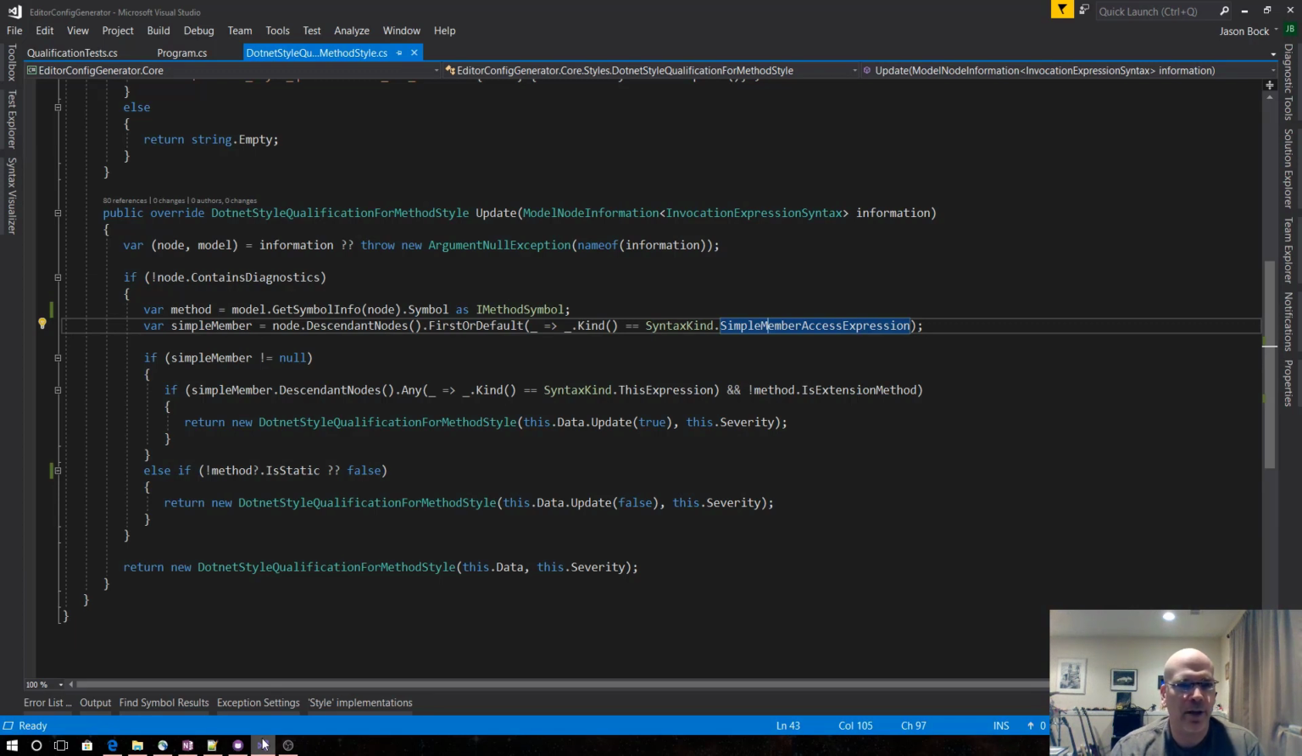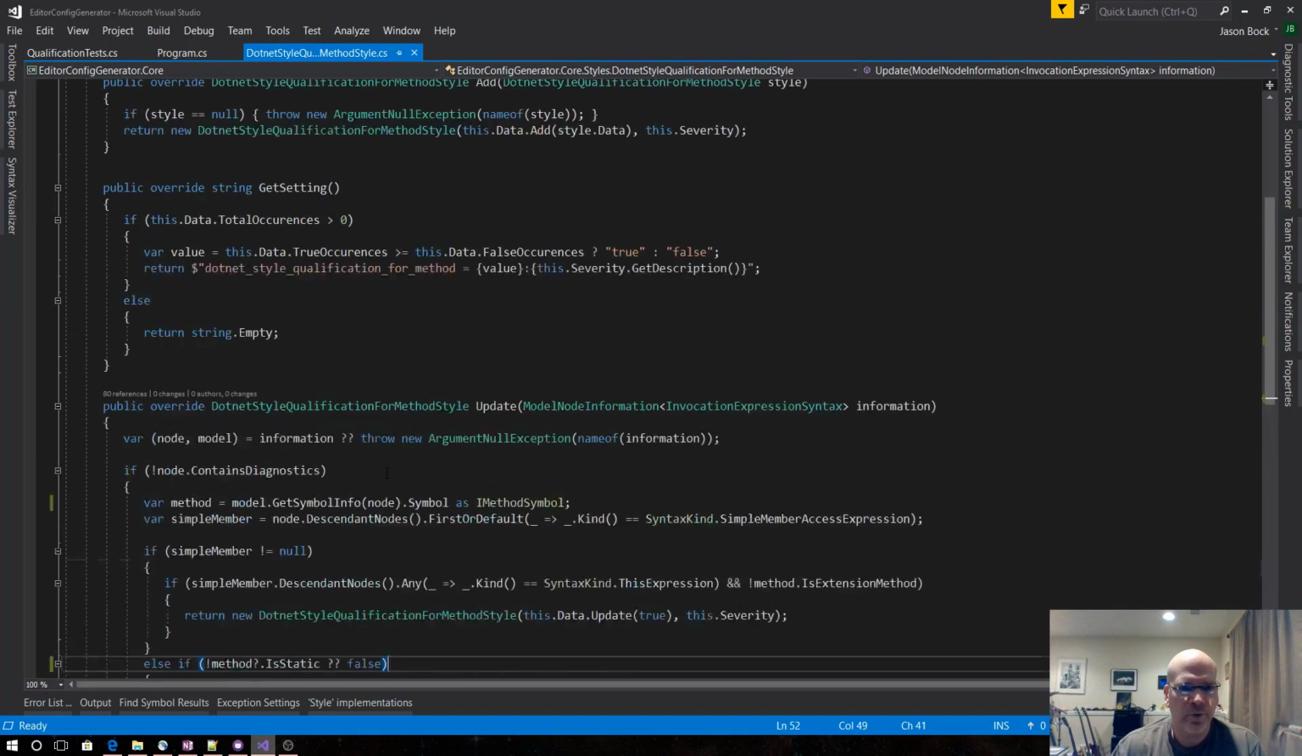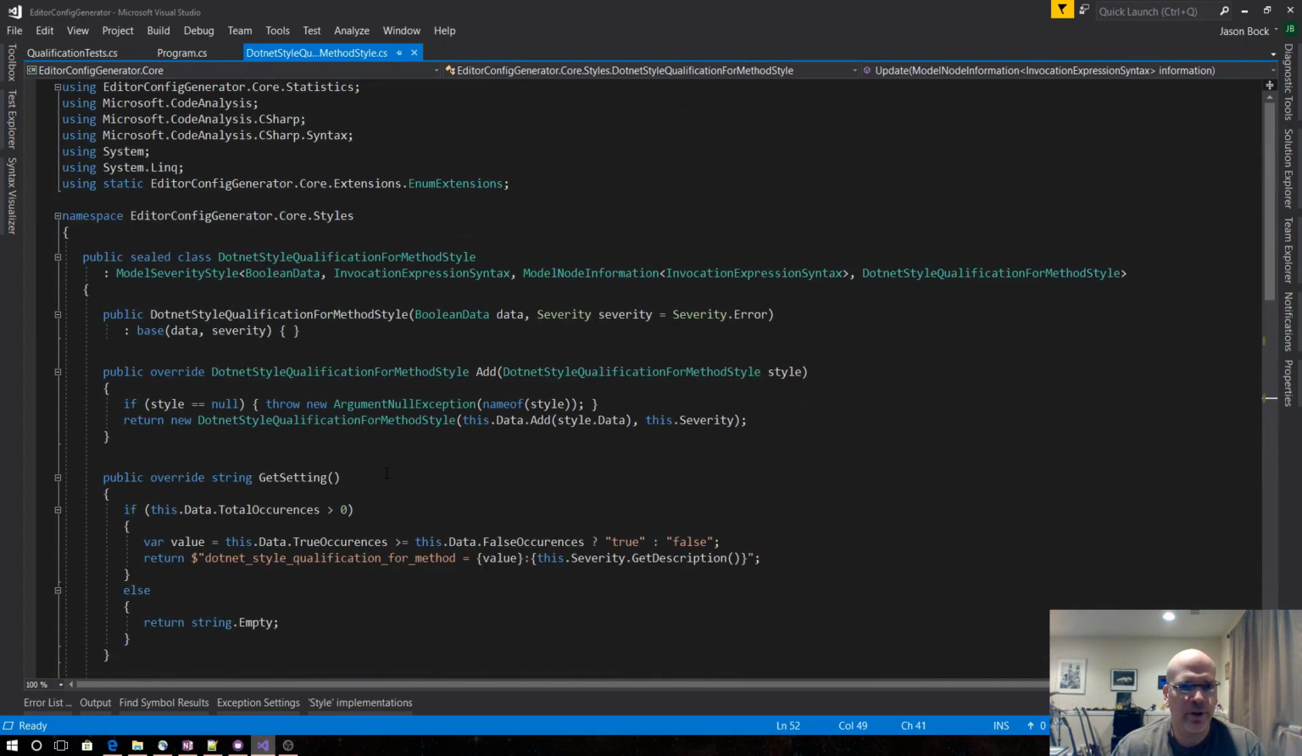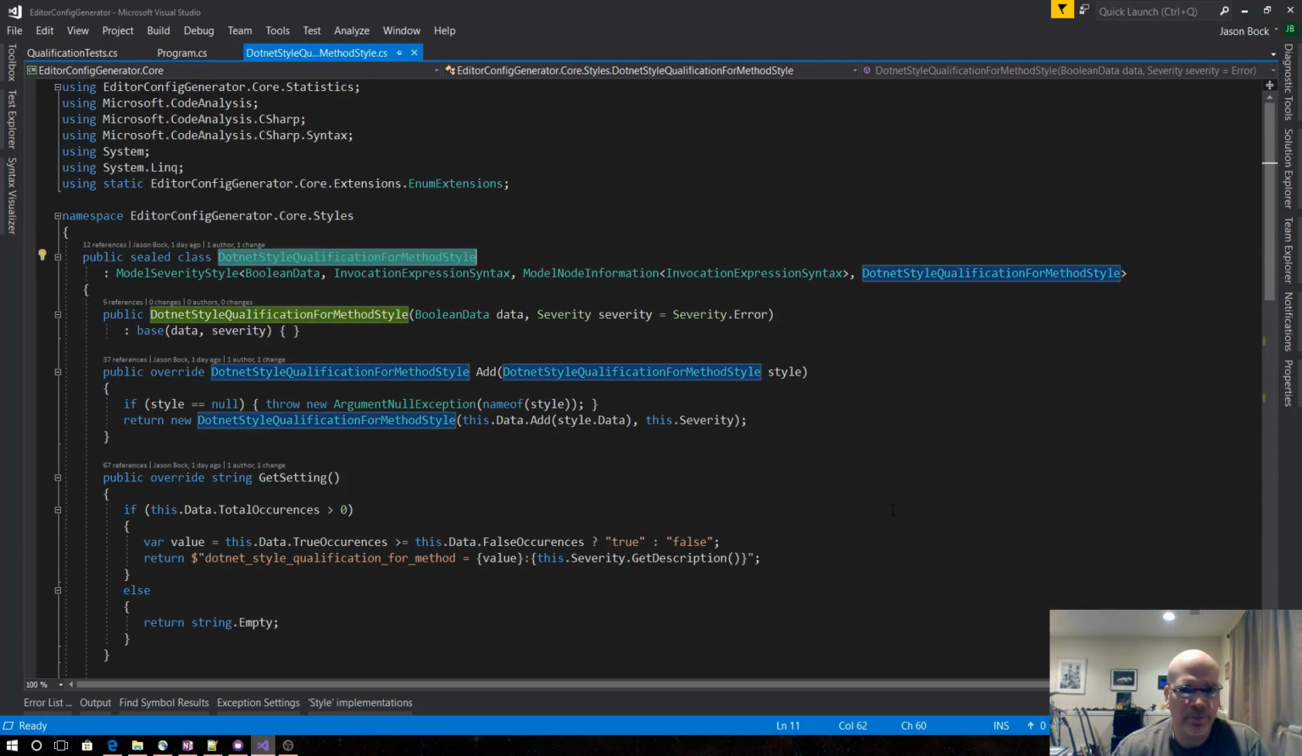This is Jason Bach. This is episode number 16, and today I'm going to do a little bit more work on this edit config generator that I've been working on for a while now. I've done some fairly big changes internally to what it does, primarily because of this one style, qualification for method style,